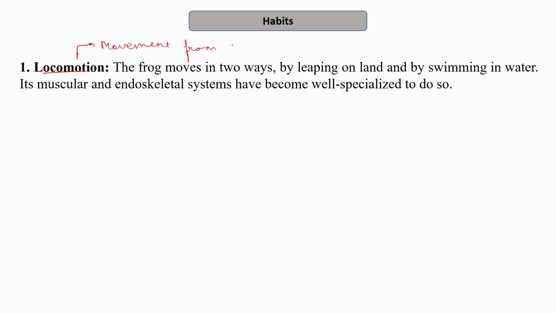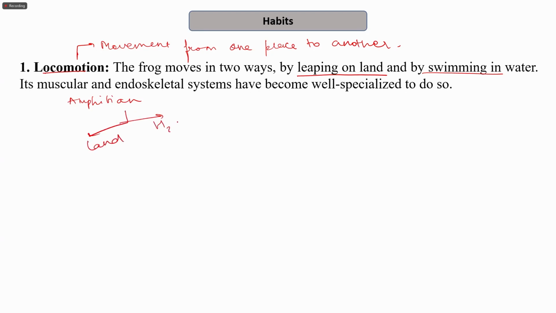Movement from one place to another. So the frog moves in two ways, by leaping on land and by swimming in water. We know that frogs are amphibians. Therefore, they live on land as well as in water. When they are on land, they leap, and when they are in water, they move